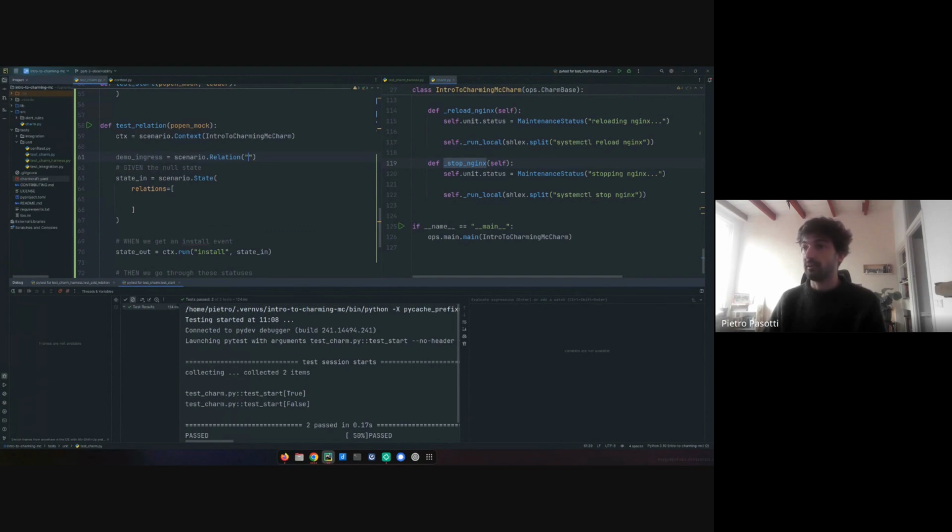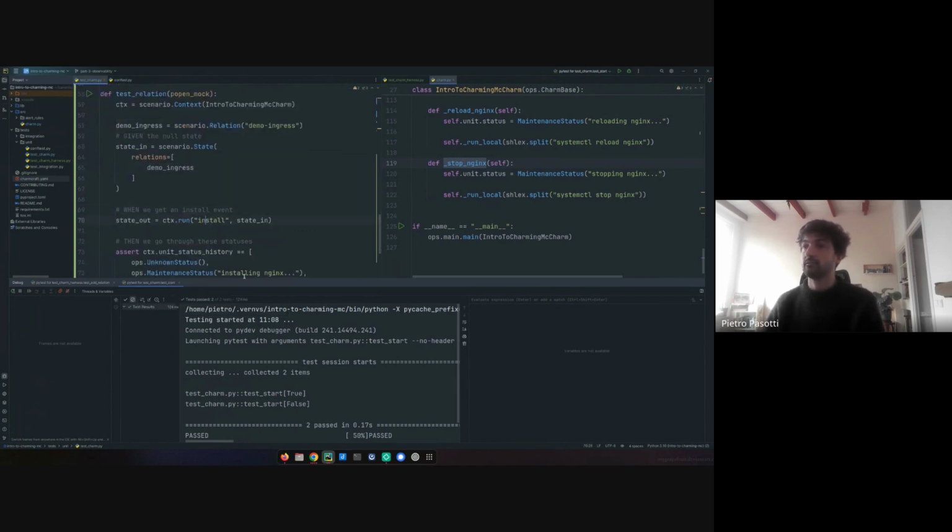So we have to set up a demo ingress relation. And then we have to select what event we want to fire, right? Because, and this is a difference with Harness that makes it a little bit more technical to write tests with Scenario, perhaps. You have to know a bit more what you want to test and how